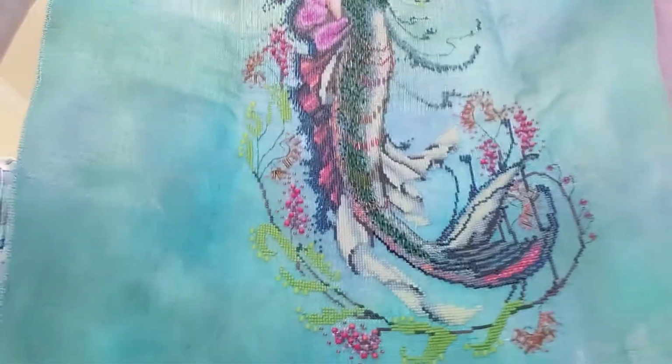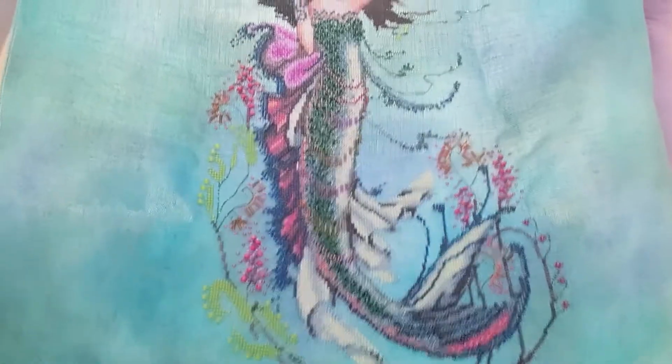I bought this off of a Stash Unload group, the fabric, and I don't know the name of it, but if I had to do a really good guess, I've come across it online, and I think it could potentially be by the Crossed Wing collection. So,